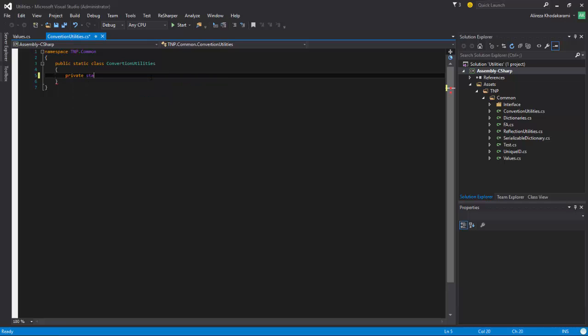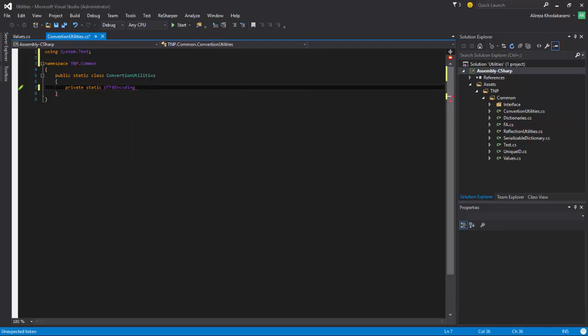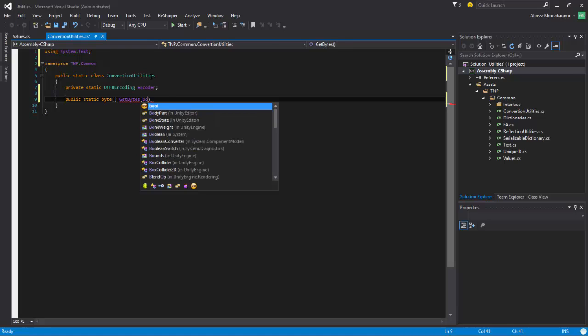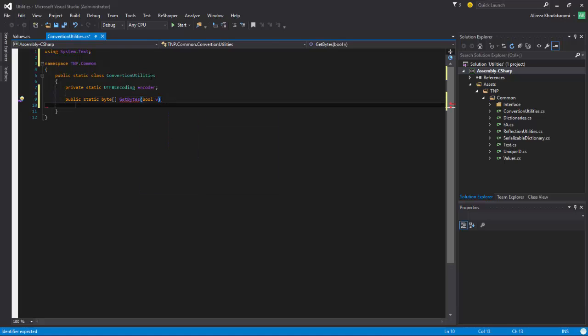static UTF-8 encoding, and we call it an encoder. Okay, now we say public static byte array get bytes, and the first thing we want is a bool. So we convert a bool to a byte array,